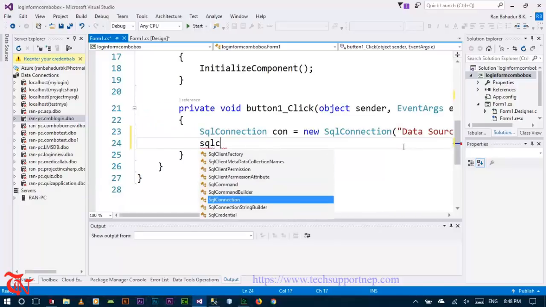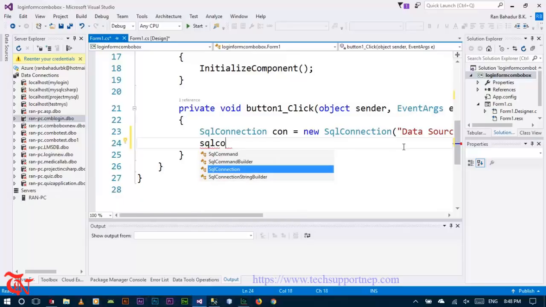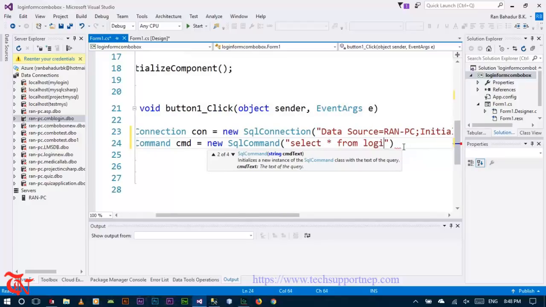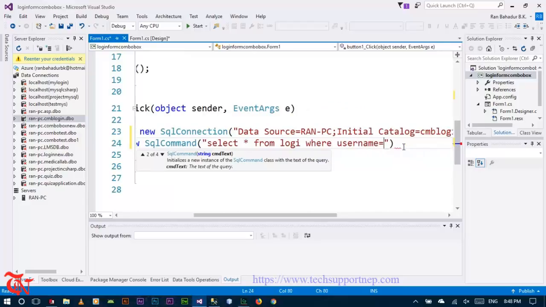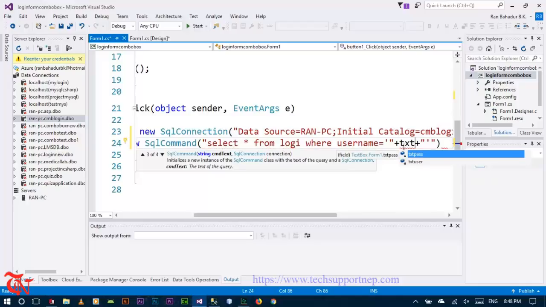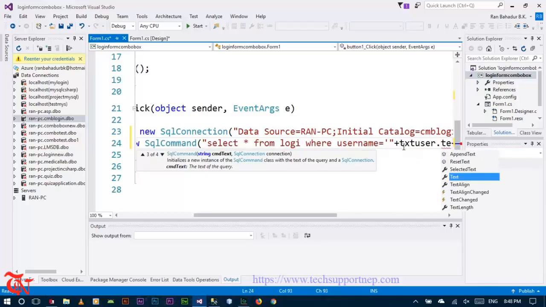Now we are going to write the SQL command. CMD is equal to new SQL command. Here we are going to write the SQL query. Select all from our table, whose name is login, where username is equal to single quotes, inside the single quotes double quotes, inside the double quotes a plus sign, and inside the plus signs we are going to access our text box, txt user dot text,